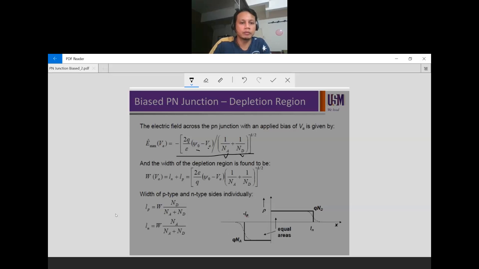Then the width of the depletion region is given by this. This Ln and LP is actually equal to the Xn and XP from last time. So you can use Xn and XP or you can use Ln and LP. Same thing. It's referring to the same region. You can plug it into this equation. I don't want to go through